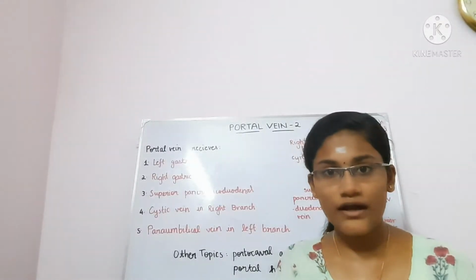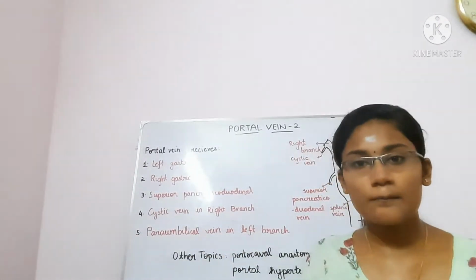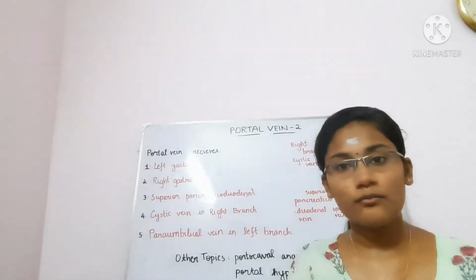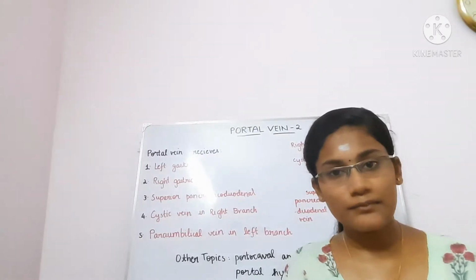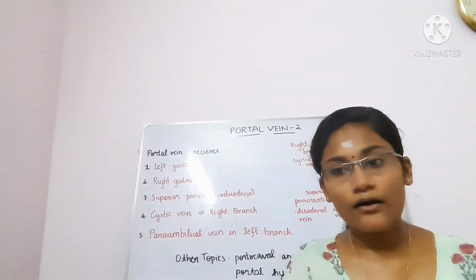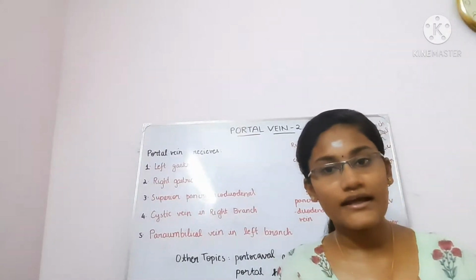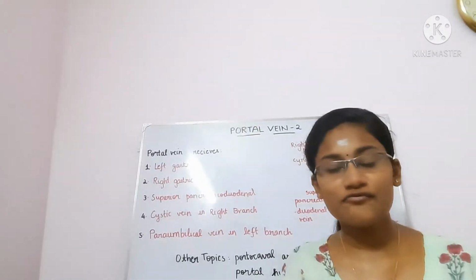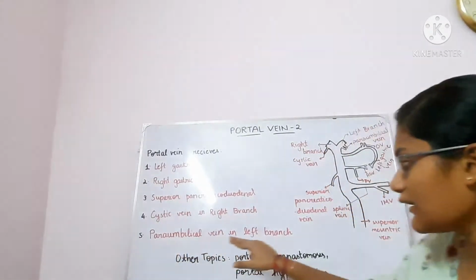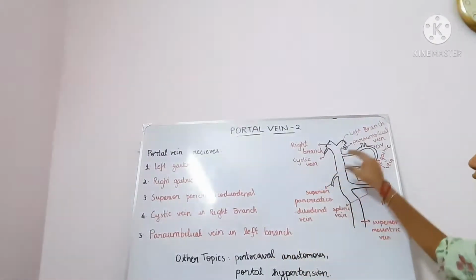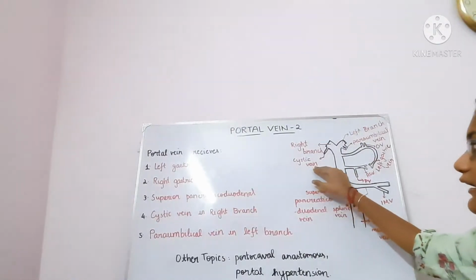One of the tributaries of the portal vein is the paraumbilical vein. The paraumbilical vein is very important because it runs along the falciform ligament and also along the ligamentum teres, and around the region of the umbilicus it will anastomose with the veins of the anterior abdominal wall to form a site of portocaval anastomosis. So the paraumbilical vein is very important, and it will drain into the left branch, and the cystic vein will drain into the right branch.